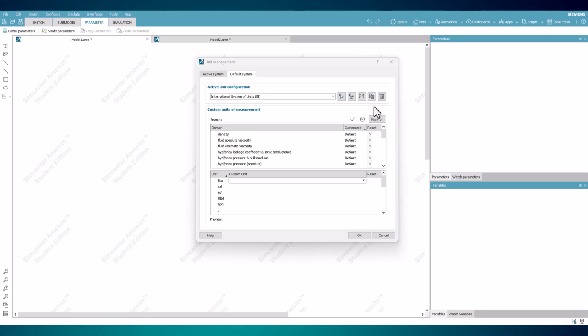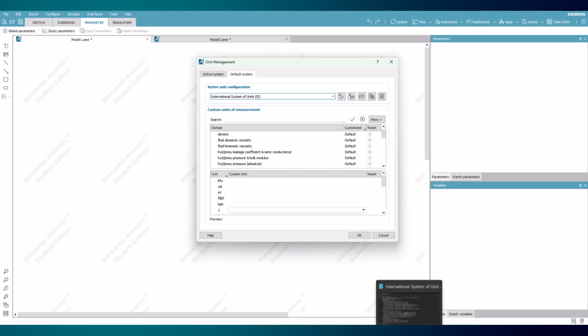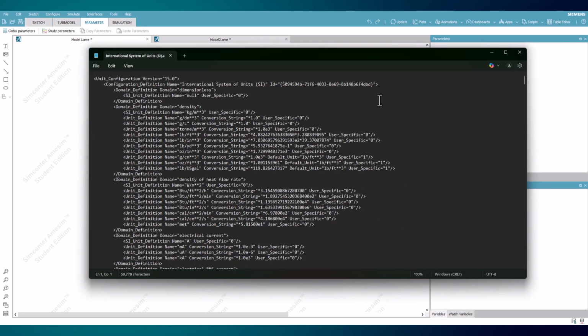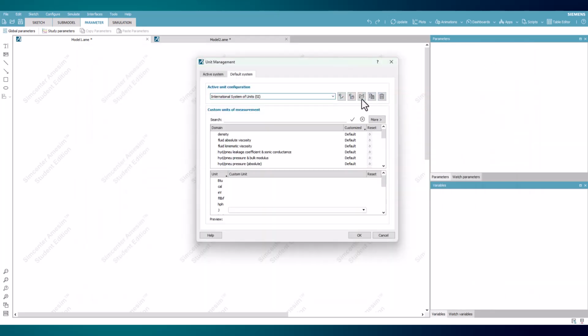These files are listed in the Active Unit Configuration section within the drop-down menu, and can be exported from the Unit Manager to be edited as a text file like this, that displays the default unit for a domain, the other units within it, and conversion factors for each from the default. After changes are made, the file can be re-uploaded using the Unit Manager.